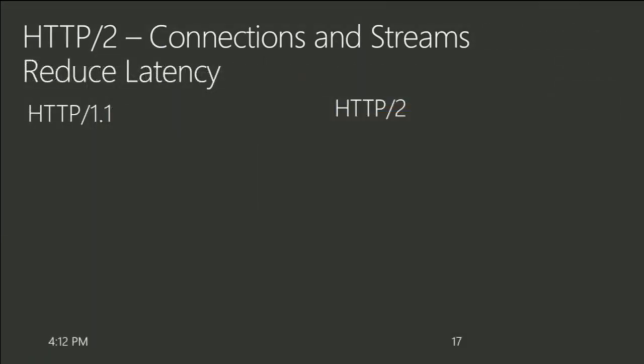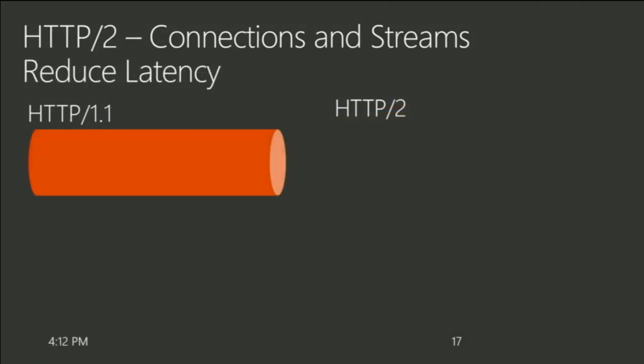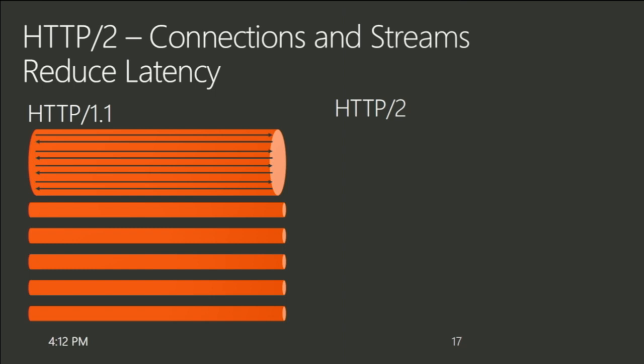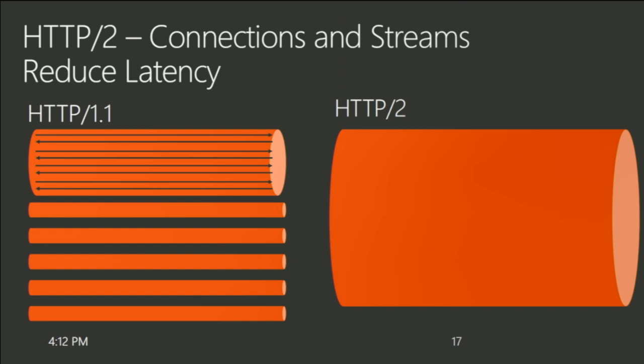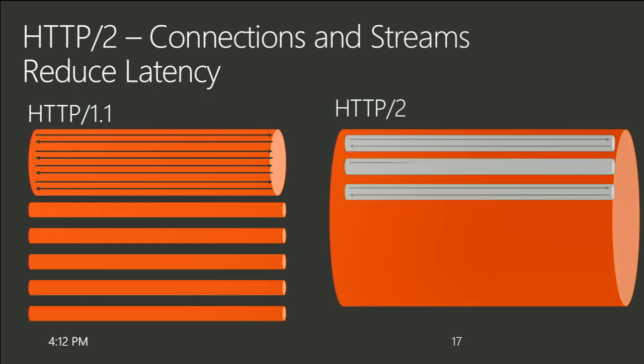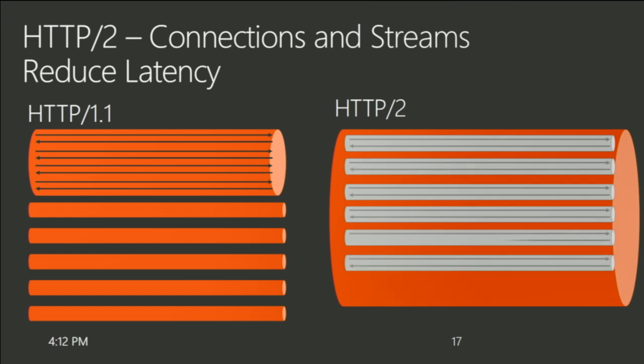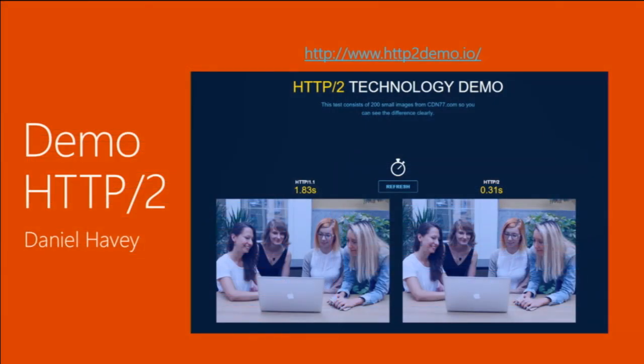OK, so let's take a look at H2. There's H1.1. He's going one at a time, one at a time, one at a time. Then we opened up 6 connections. We already described that in detail. Here goes H2. All right, let's take a look at what it does. Well, it opened up 1 TCP connection, and it multiplexes as many streams as you want inside. None of them need to block. They don't need to wait for each other. So everything can download at the same time. That's pretty cool.